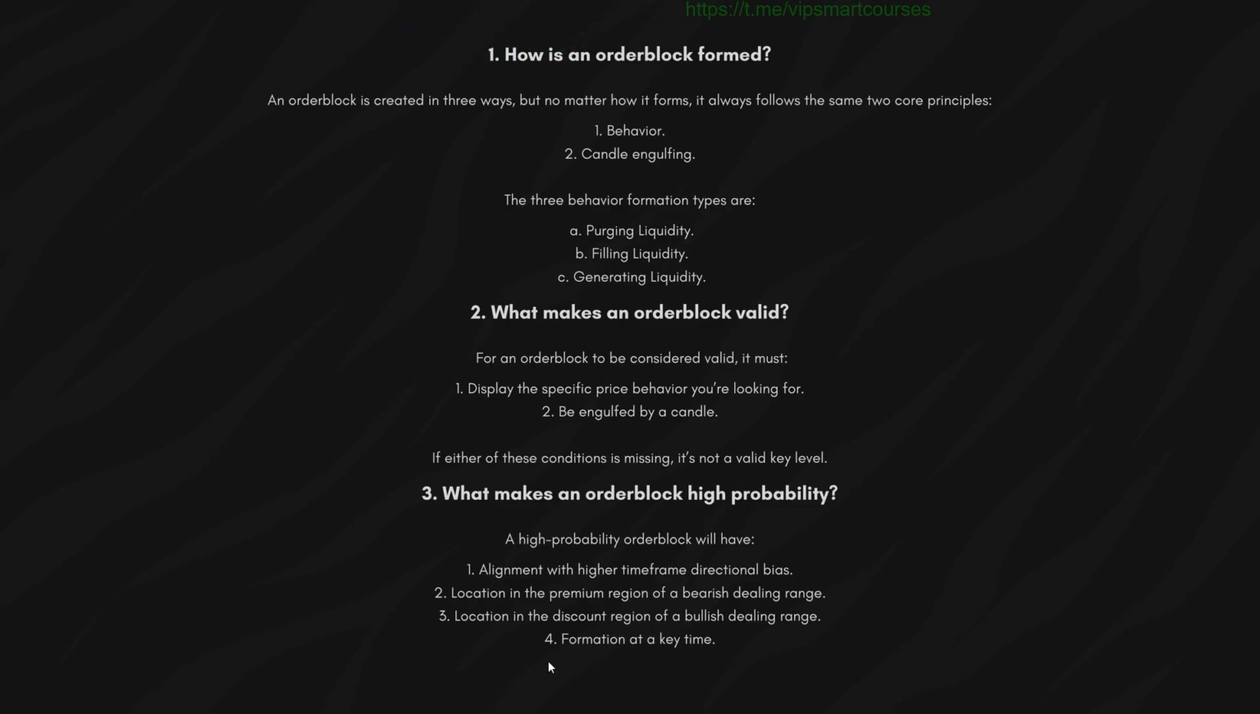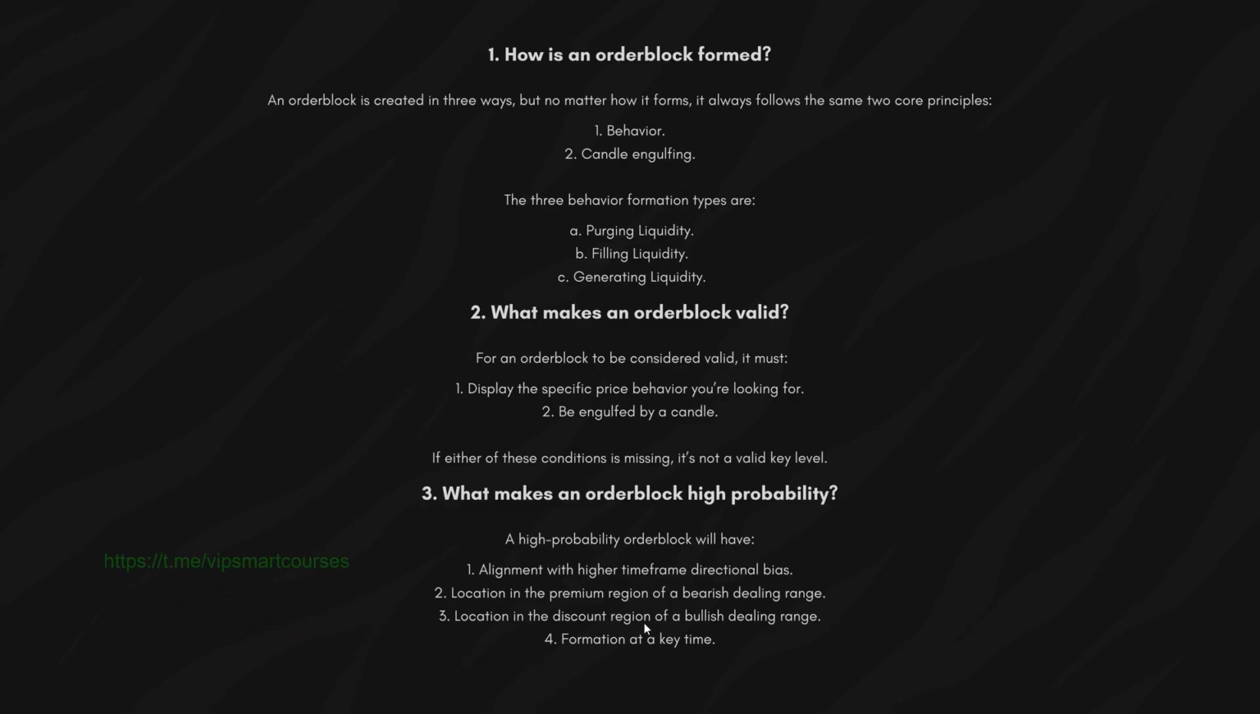Now, the fifth factor that I should have written here, or the fifth quality, is that a high probability order block gets reacted to or gets tested at a key time. So if you have an order block on the 4 hour and price reacts to it at a key time like the 3 a.m. key time or 6 a.m. or 9 a.m., that also adds more probability to the order block working out,